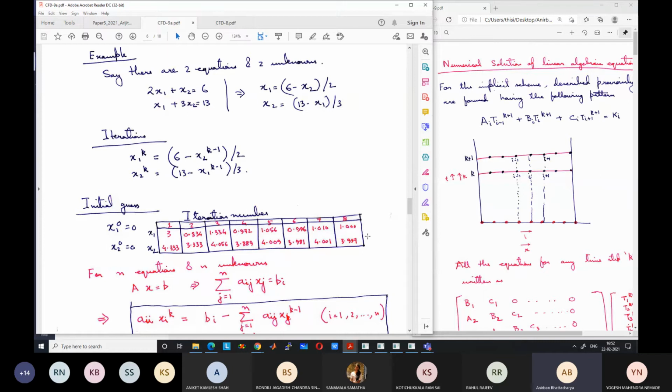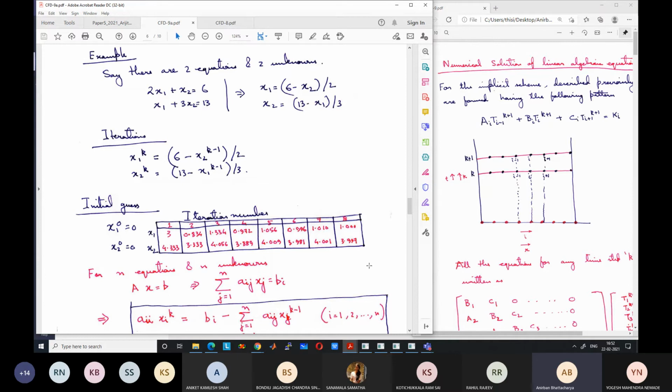In your CFD solvers, in codes or in ANSYS Fluent or in other software, you will see that there is a convergence criteria 10 to the power minus 3, 10 to the power minus 4, 10 to the power minus 6, like this we give. This convergence criteria is the same as this. It means that there also we go through iterations like this. After a certain number of iterations, your difference is less than the convergence criteria, your solver says that now your solution has converged, and it will only happen if this is true for all the grid points.